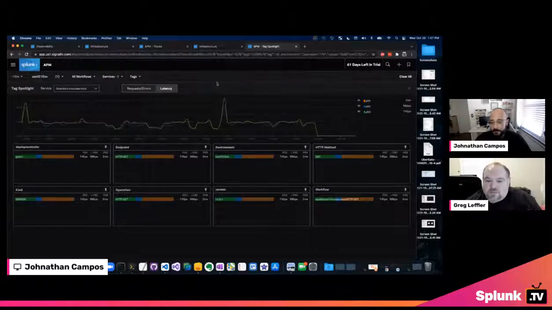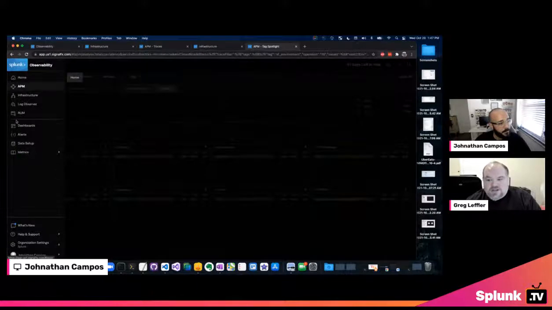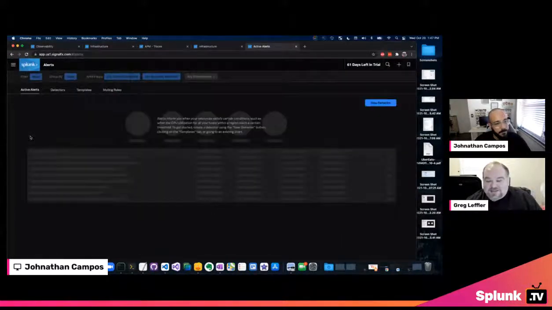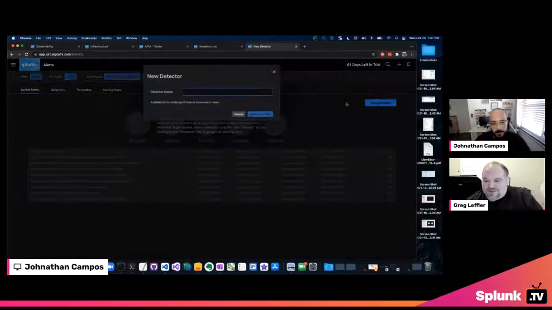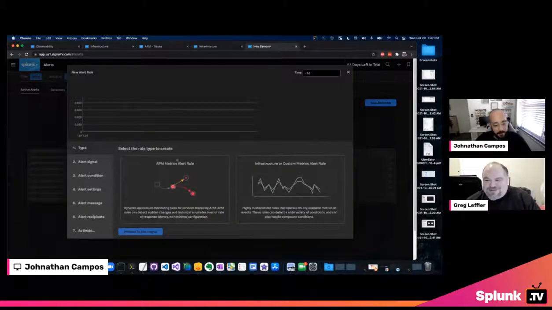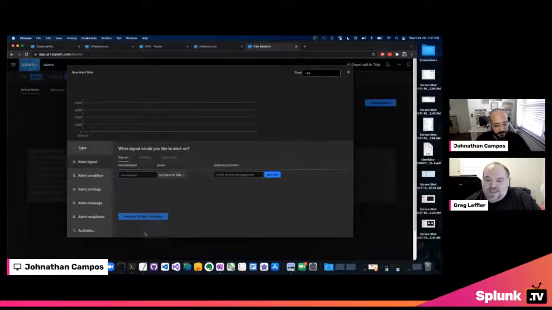And we don't have time to demonstrate it, but we can set up alerts based on significant changes to metrics. So we could have an alert set up that says, hey, the latency has drifted out of this normal window it's in, and it can automatically alert and say, hey, the latency is too low. The service is performing too well. Something needs to be looked at. And so Jonathan's walking through the alert setup wizard.